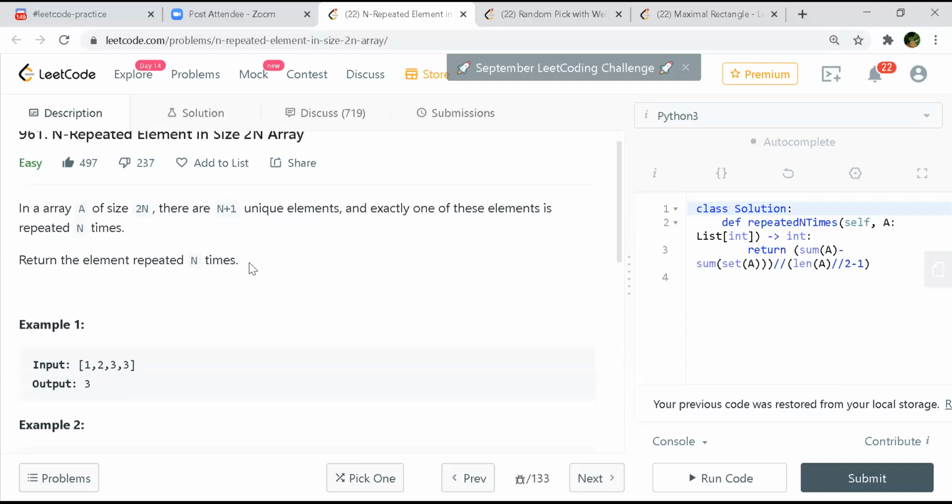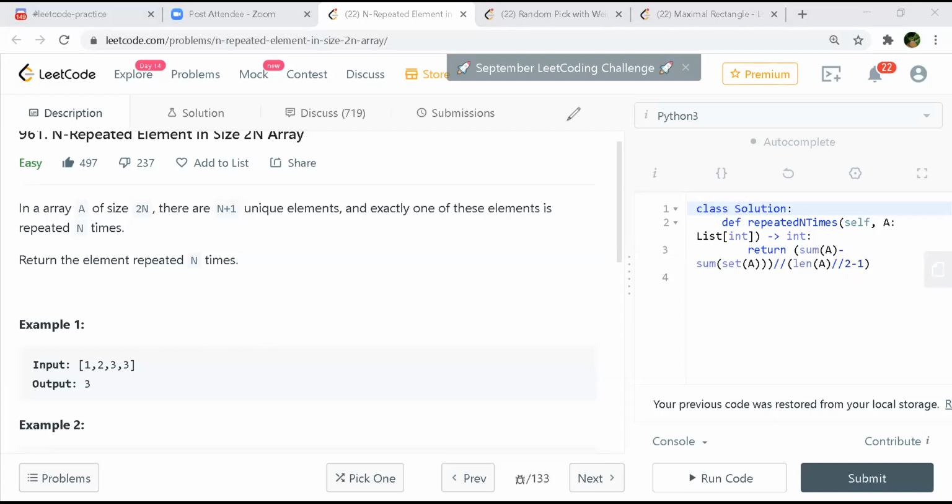Yeah, this also looks like a simple problem, and we can just sort the array and take the n by 2 element. That will be our answer, right? Because n plus 1 elements, and one element is repeating n times. So from the n by 2th position, all the remaining elements will be that element. From the current index plus n by 2, you should see the same element, right? No, but what if all the repeated ones are after n by 2?